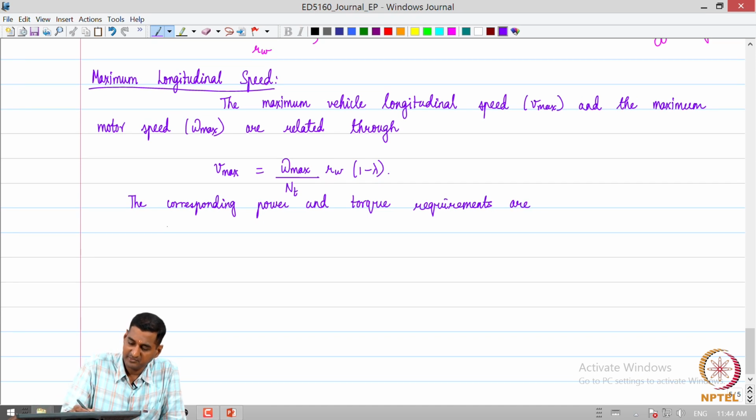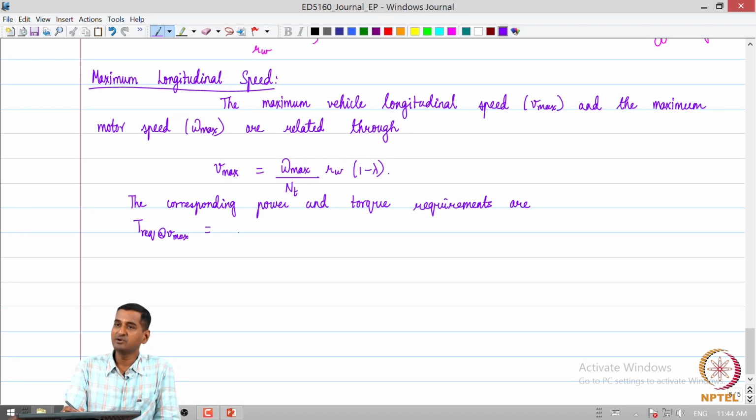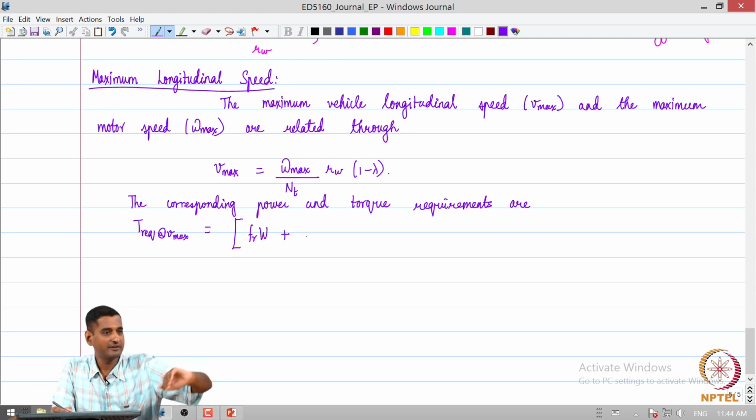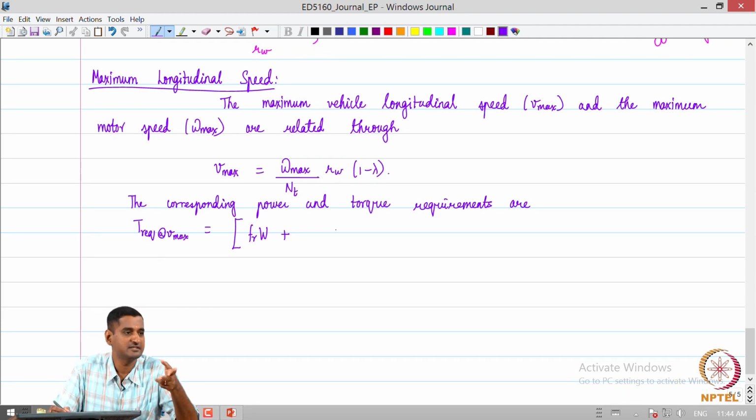So, what are the corresponding power and torque requirements? If you look at the torque required to satisfy this V max, what do you think are the vehicle loads that the powertrain has to overcome? We are cruising at maximum longitudinal speed, assuming a flat road. The main resistances that the vehicle powertrain has to overcome are the rolling resistance and the aerodynamic